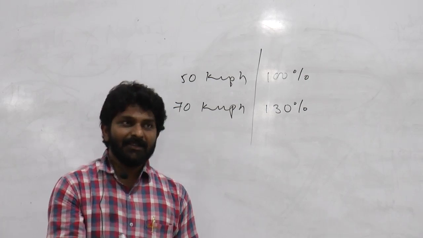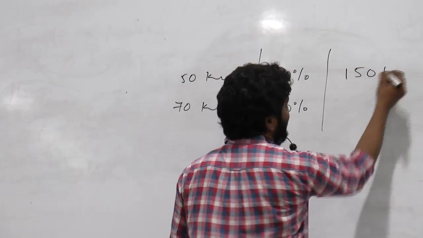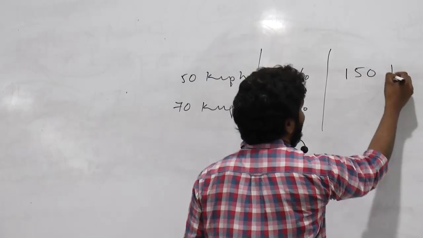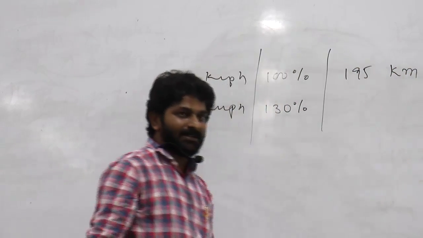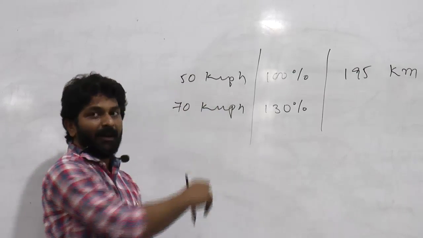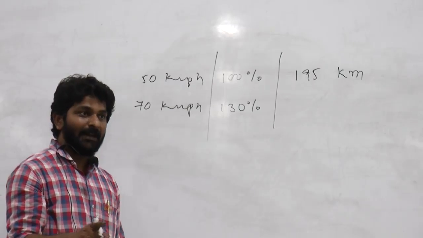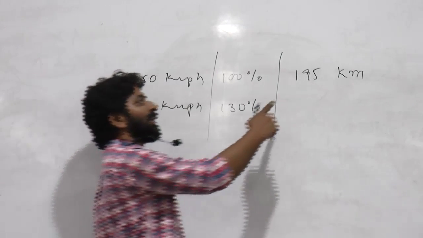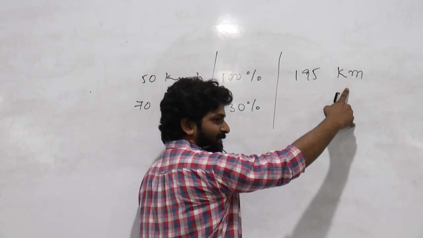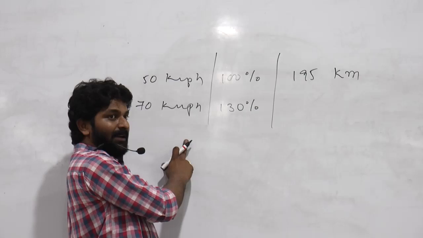And if you have 10 liters, you can travel 195 kilometers at the rate of 50 km per hour. Mileage is given as 19.5 kilometers per liter, and you have 10 liters of diesel, so you can travel 195 kilometers. Okay, and now if you increase speed,